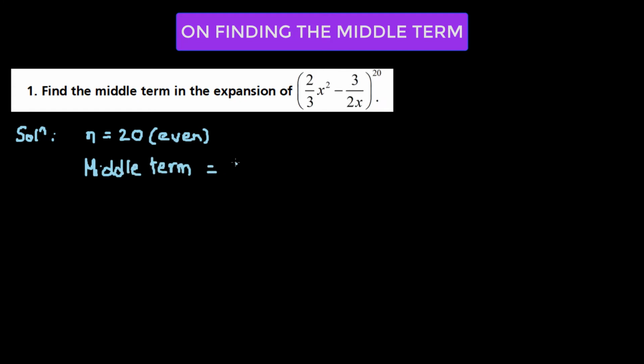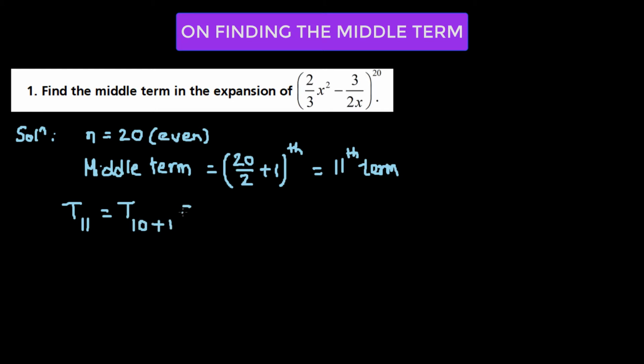is equal to n over 2 plus 1. So we have 20 over 2 plus 1, which when we solve it gives us 20 over 2 is 10, 10 plus 1 is 11, the 11th term. So we have the 11th term as the middle term. That means we have to find out the value of t11, which is simply t10 plus 1 equals to